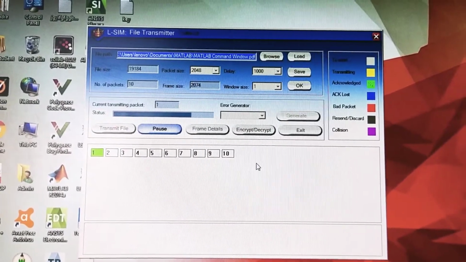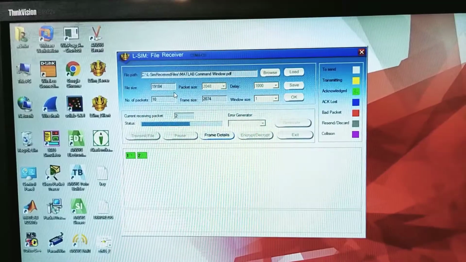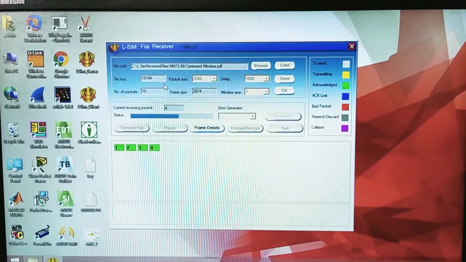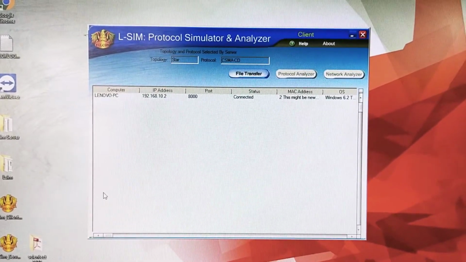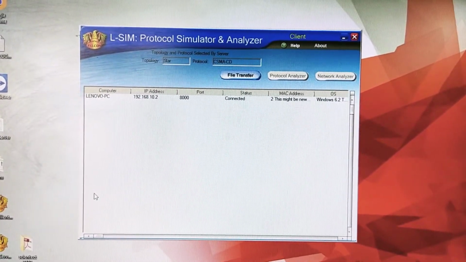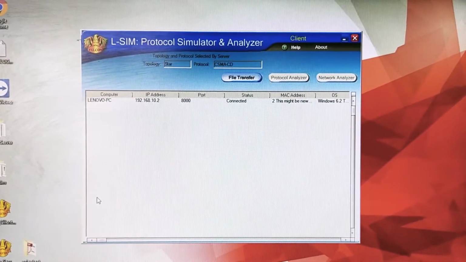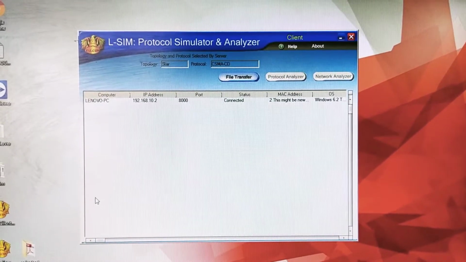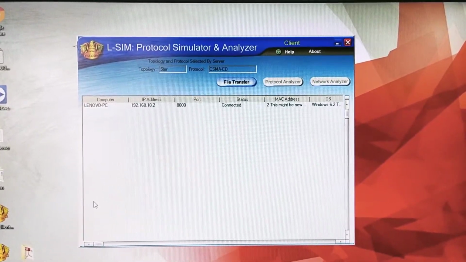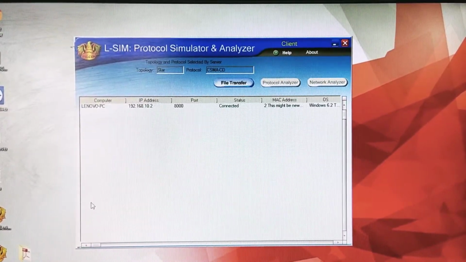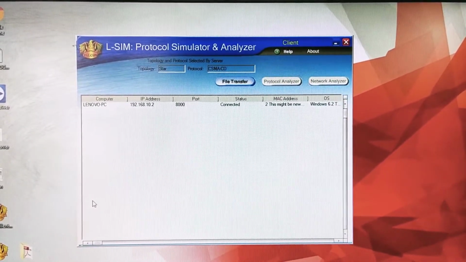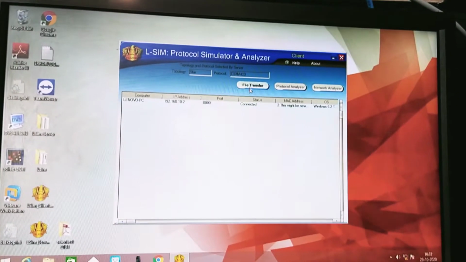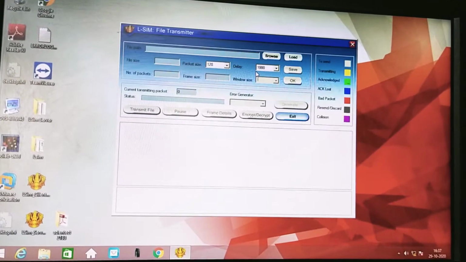Okay, you can see it. Server is also receiving the files in terms of packets. It is going on smoothly. But we want to see the effect of the other machine wants to put data on the channel while the transmission is under progress. So we have third machine which is quite free now and can put data on the channel by just starting the file transmission from this machine, and let us see the effect of the same on the ongoing transmission. What we have to do is just start the transmission from this machine.